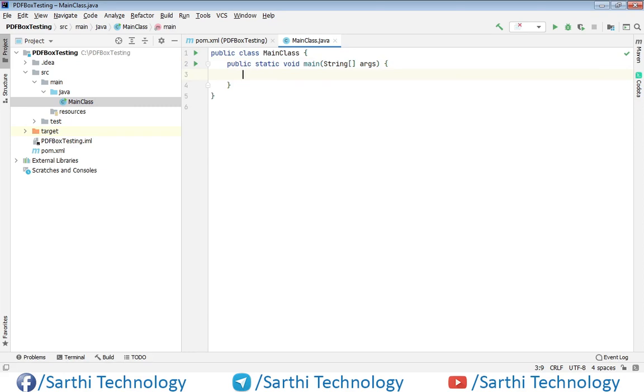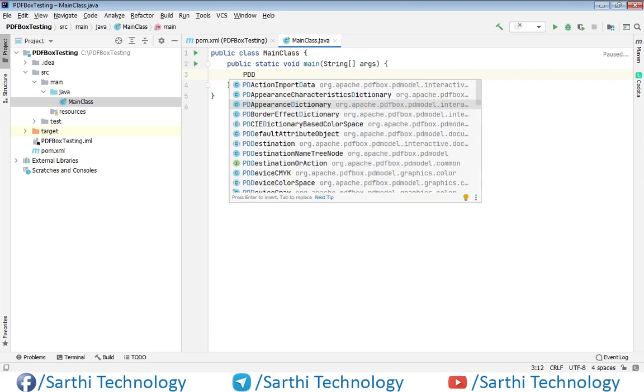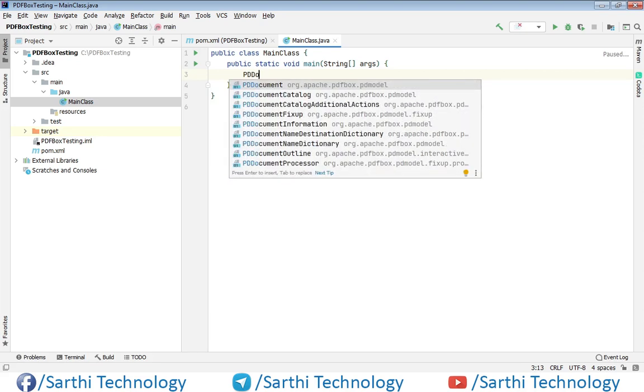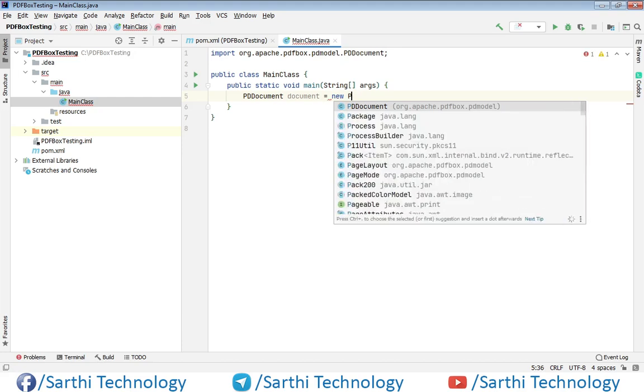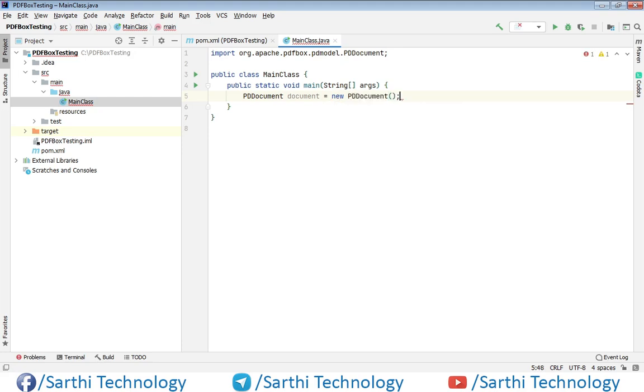There are only a few lines of code that we need to write, and then we will get our first PDF. The first thing is we need to create one PDDocument object. PDDocument, and we will call this object document, equal to new PDDocument, semicolon.